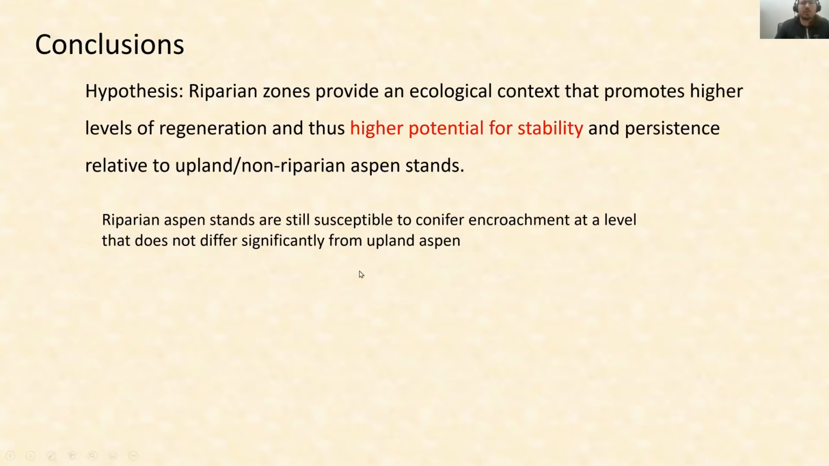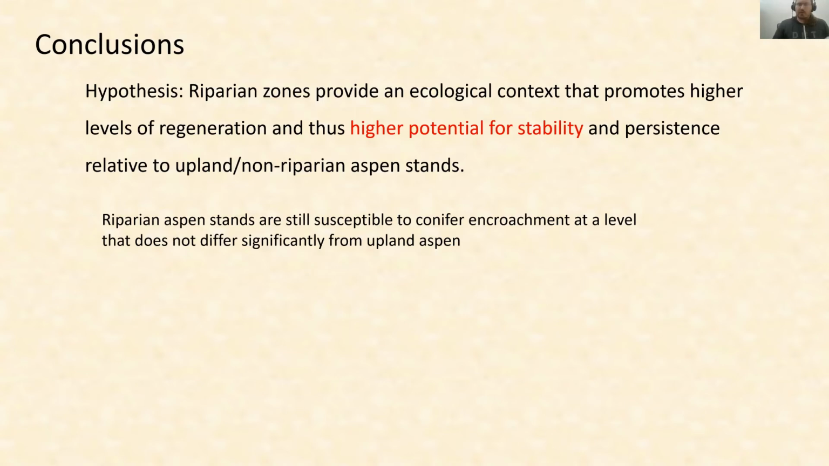However, when we talk about stability, remember, stability is also affected by competition. While we saw a difference in the composition of the stands, we didn't see a difference in the level of conifer encroachment. This means that riparian aspen stands are still just as susceptible to conifer encroachment as upland stands are. But if you consider that, yes, conifer encroachment is still important, but the regeneration is a little bit higher